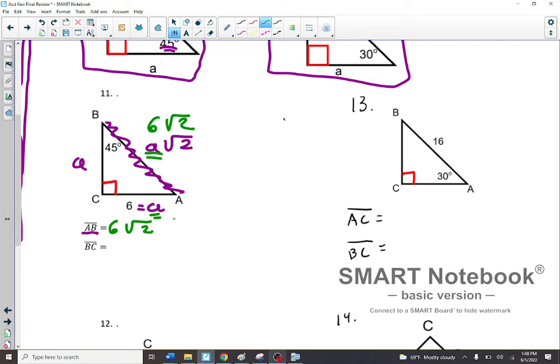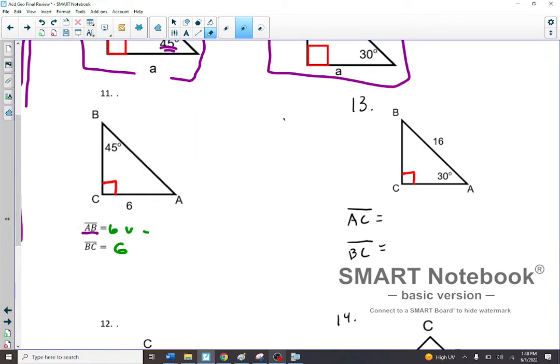So AB is 6 root 2, while BC, which is just A by itself, would just be 6. So BC is just 6. So 2 13s. So AC. Why is BC 6? Wait, AC is 30. Why is A 6? Why is BC 6? So in the original problem,